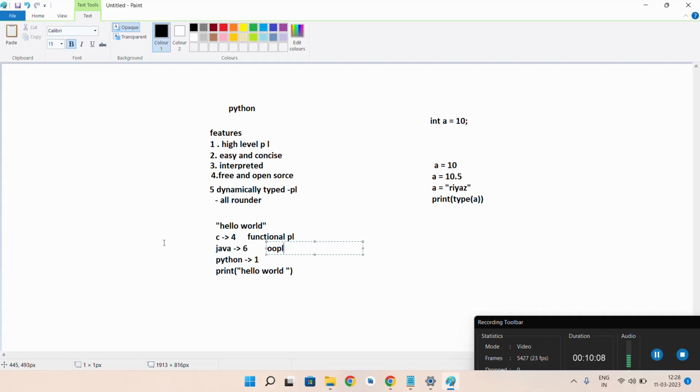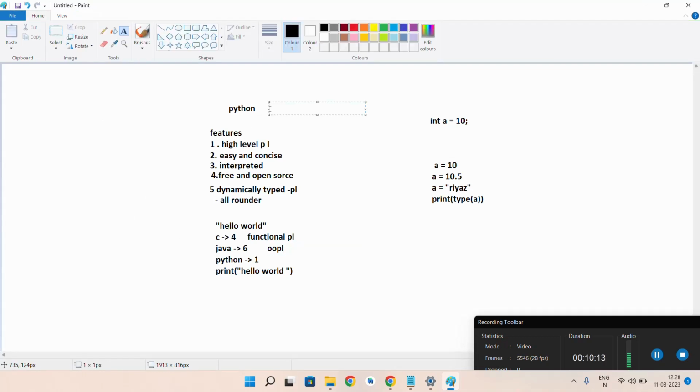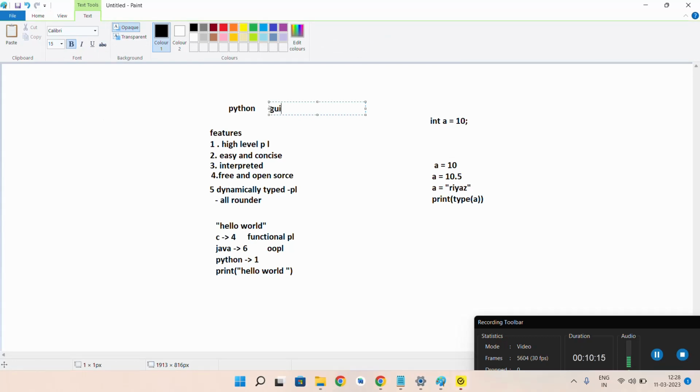Now, the founder of Python is Guido van Rossum. In the next upcoming video I'll also explain the history of Python. I'm just telling about this all-rounder.